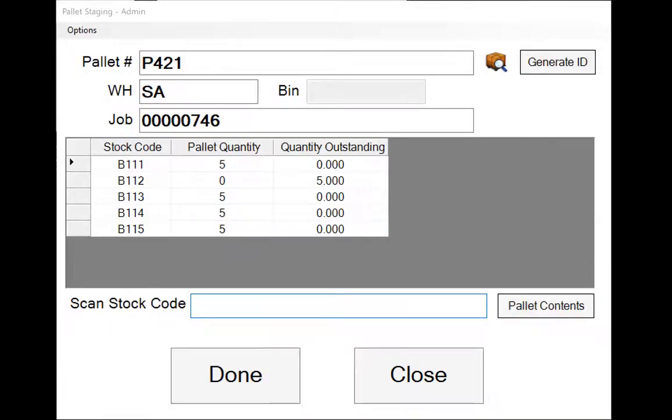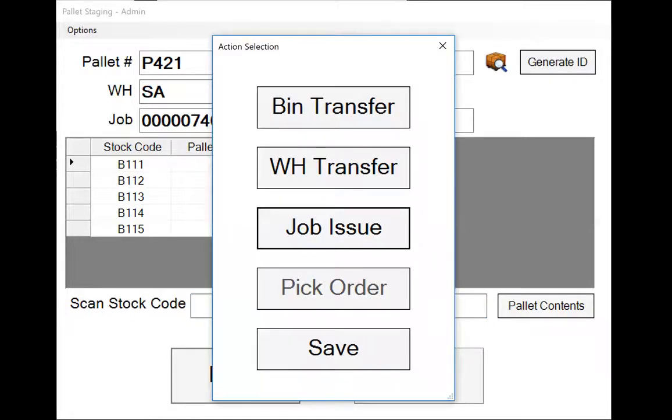And now that we're done with that, what we can do is select done. Now, here's where you again have the 3 options. Do I want to do a bin transfer, a warehouse transfer, or a job issue? Now, if you're not a multi-bin company, don't worry. The bin transfer is only going to be available if you're a multi-bin company and set up. riteSCAN's communicating that information back and forth based on your warehouse that is selected and that information each time as